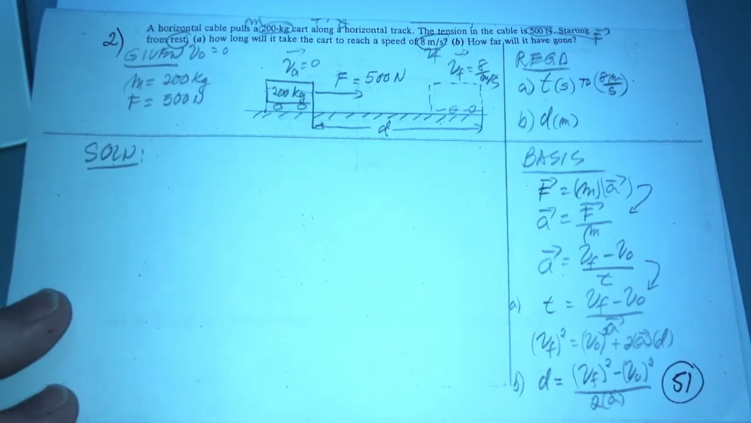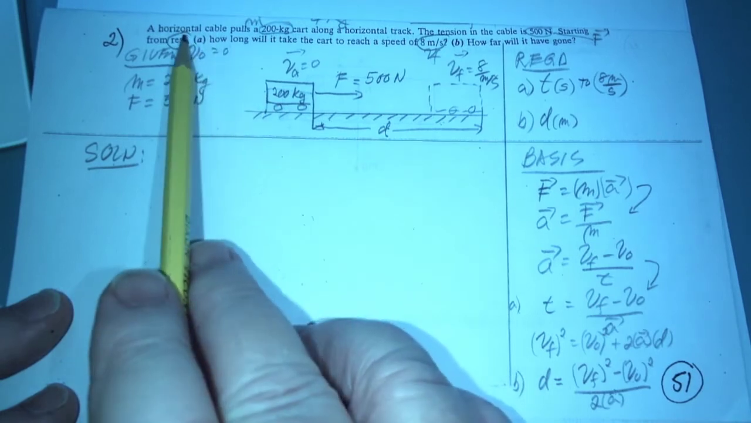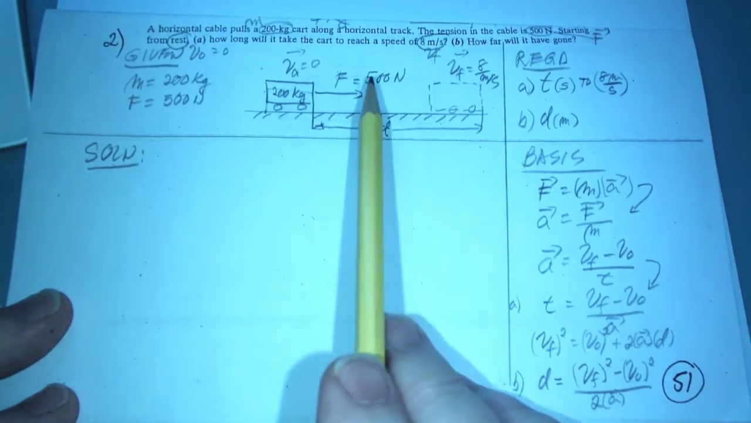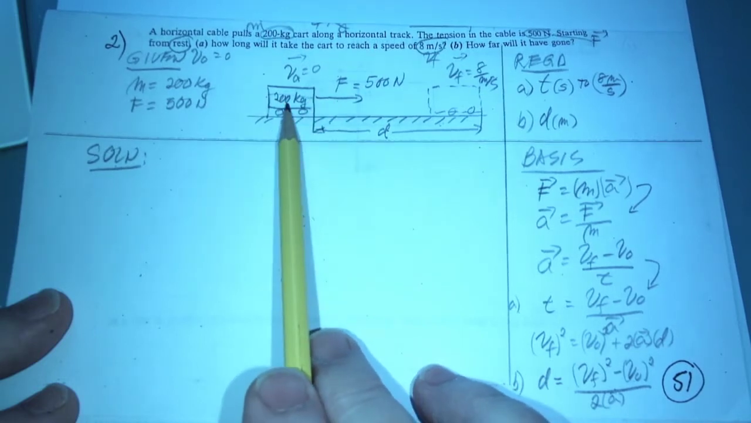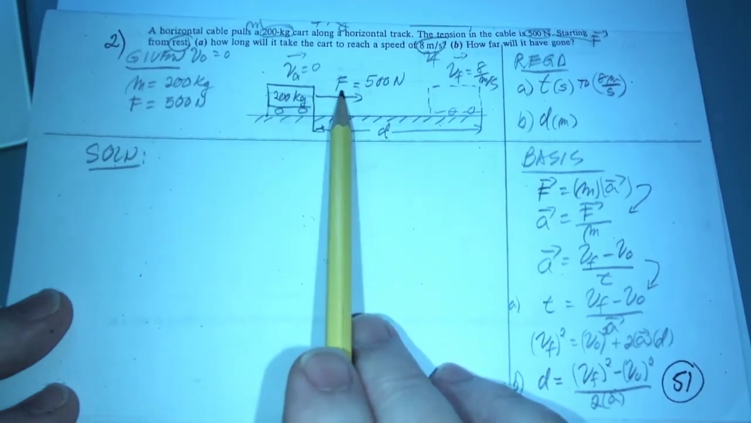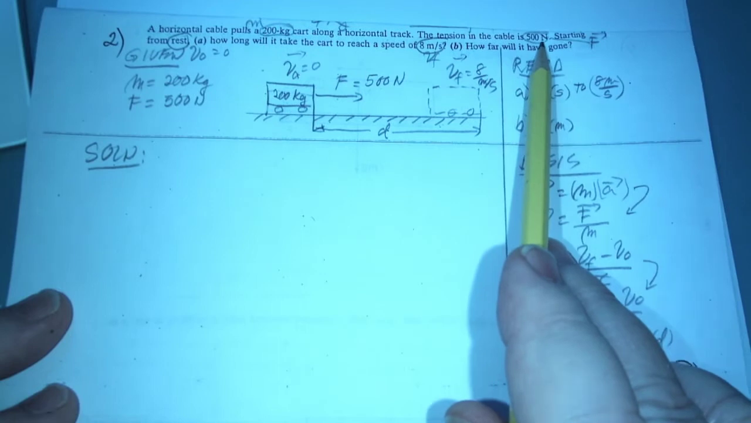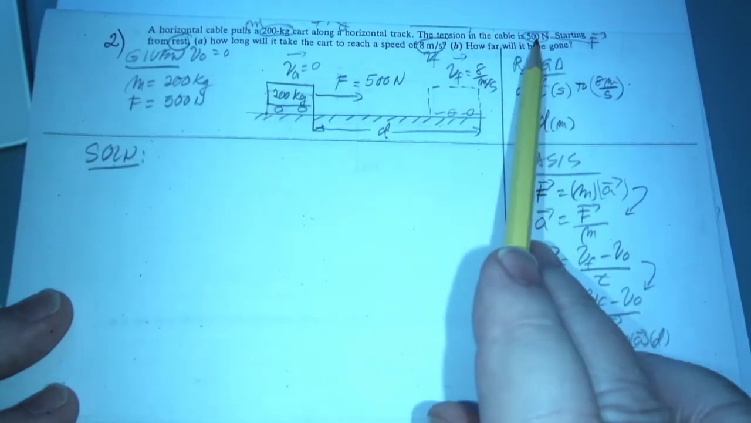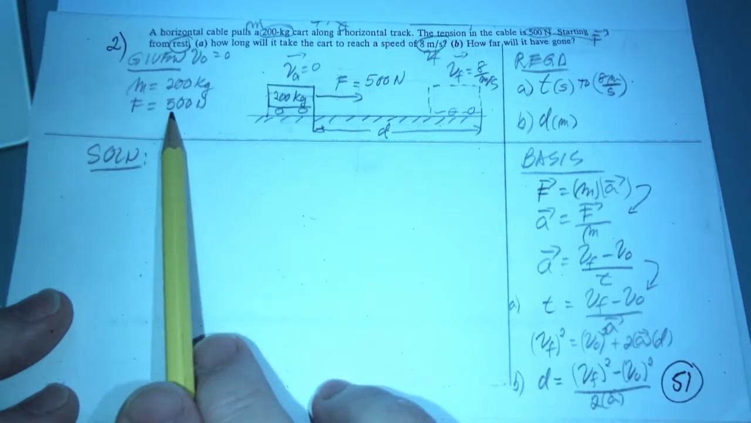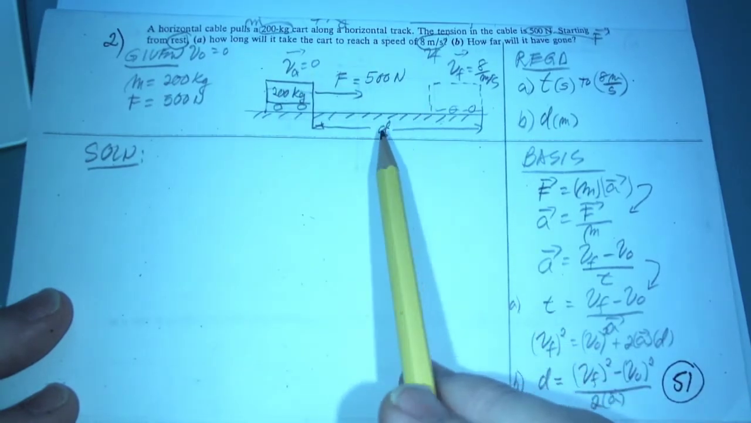Okay, so here in problem number 2, we have a horizontal cable that pulls a 200 kilogram cart with a force of 500 newtons. And you really have to label: this is M, given; this is F, given, okay? And the question is,